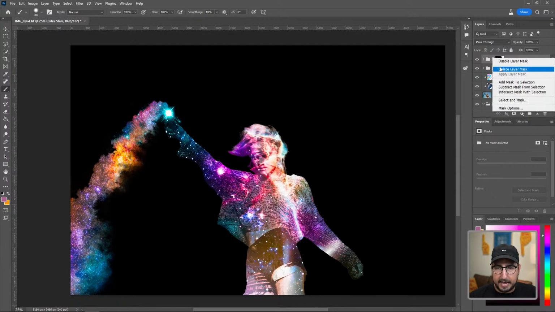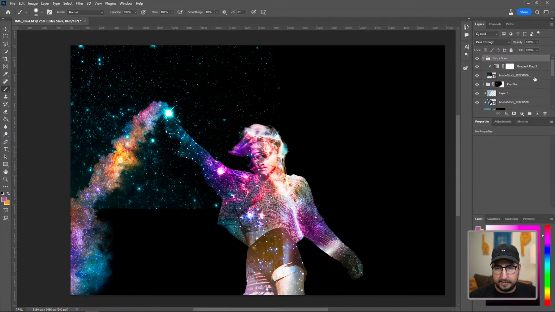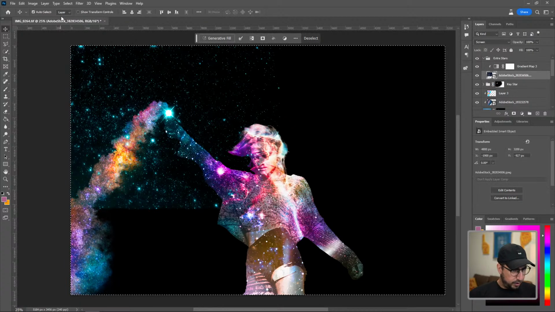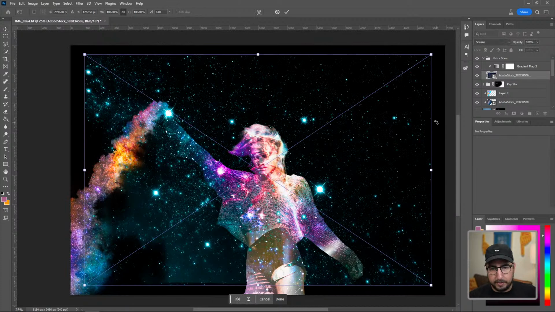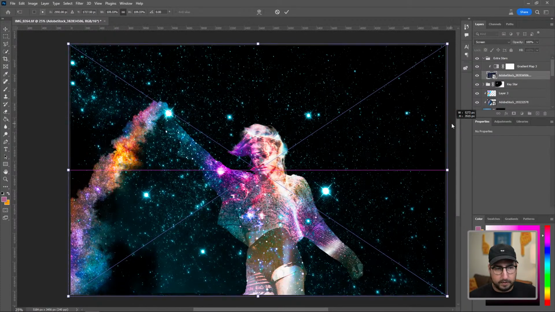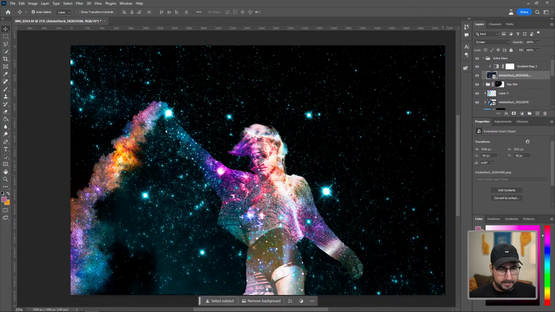And delete this mask. And you can see that's just going to make it so that this nice glowing mask is all over our photo. And we can blow this up so that we have stars over the whole photo. Already looking really, really cool. We got a little space goddess floating through the ether. And I might actually crop this a little bit once we get done, but I'm going to leave it here